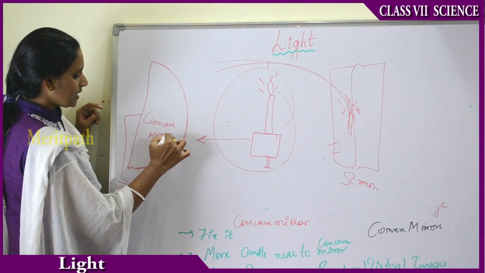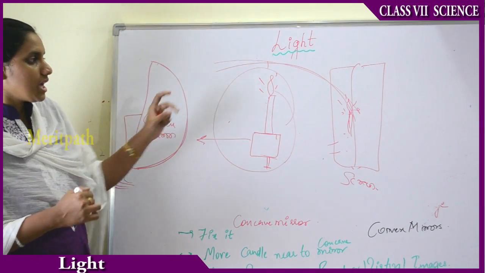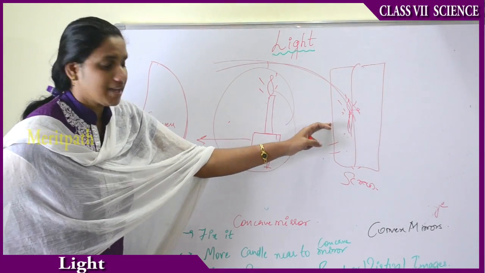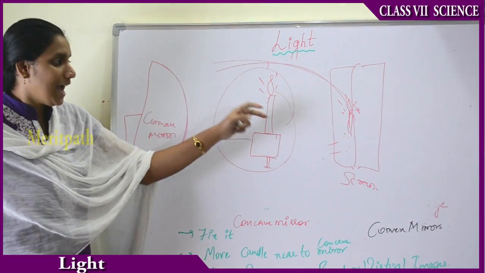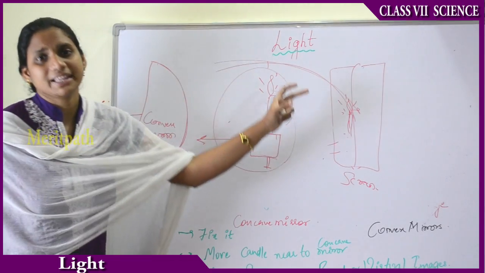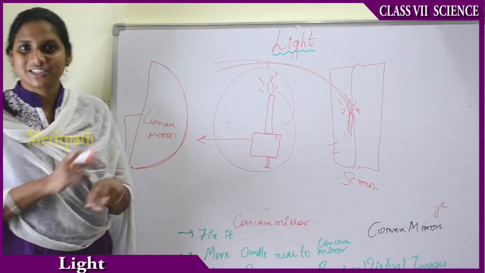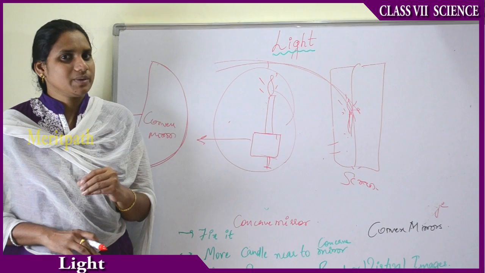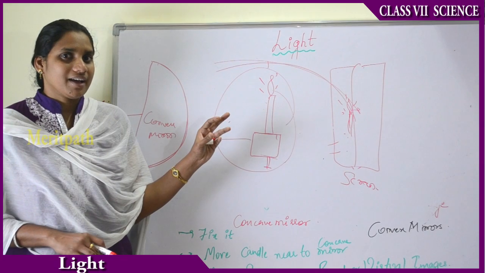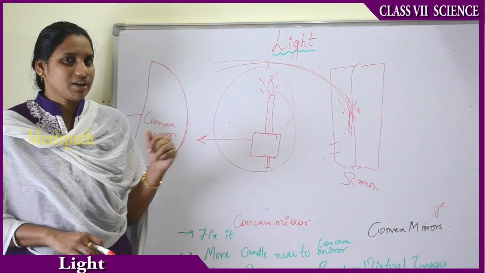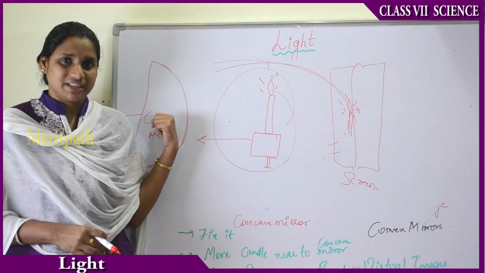Now we will be doing the same experiment using this convex mirror. That time the object will not be of the same size, not of the real size, and it will appear somewhat distant, somewhat farther. That means the object we get by reflection in the convex mirror is not of the same size, so it is said to be a virtual image and not a real image. But of course you will get the point about what type of mirrors we use in vehicles: exactly the convex mirrors, because